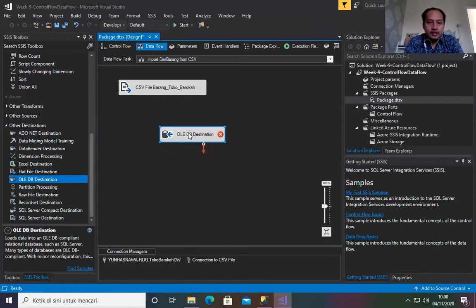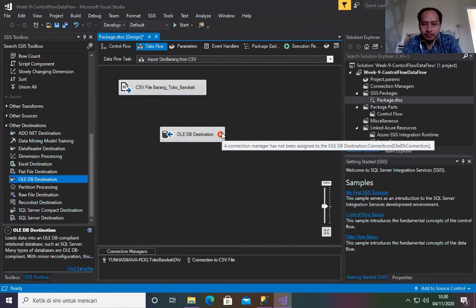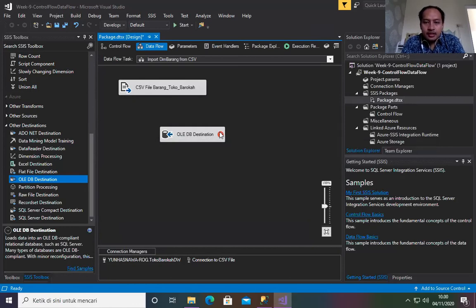All right, then again, if we are creating the data flow, we have to connect all the elements using precedence constraint. Whenever this one has an error like this, it means that as usual, it still doesn't have any connection manager. So we will assign this Toko Barokah connection manager into this OLEDB destination.